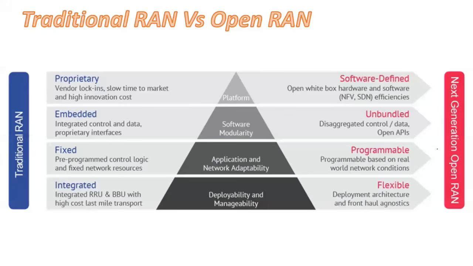So we have discussed the difference between traditional and open RAN as well, right? In the open RAN, everything is software defined, right? It is based on technologies like network function virtualization and SDN, software defined networking. It is based on white box, right? But in the traditional network, everything is proprietary, right? Vendor lock-ins and all these things, right? So traditional network has various issues related to scalability, right? And so basically open RAN is more software based, but traditional RAN is more hardware based, right? It is not as flexible as open RAN, right?